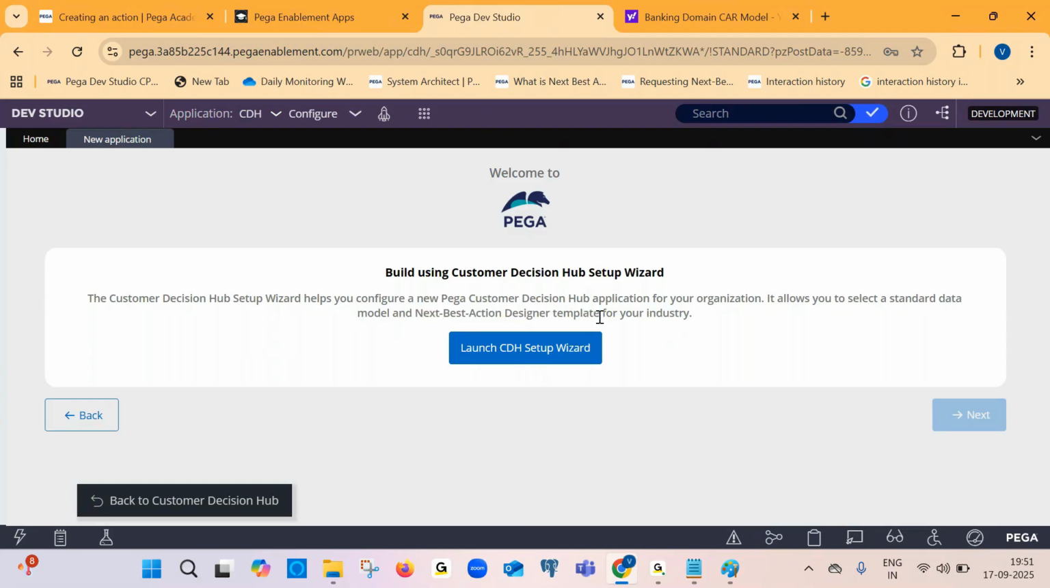In the previous versions, the CAR model and XCAR model related zip files were provided by the organizations, and you needed to import them into the newly created application to work further, to define the strategies and other logic. But at a later point of time they introduced this setup wizard. When you click on launch CDH setup wizard,